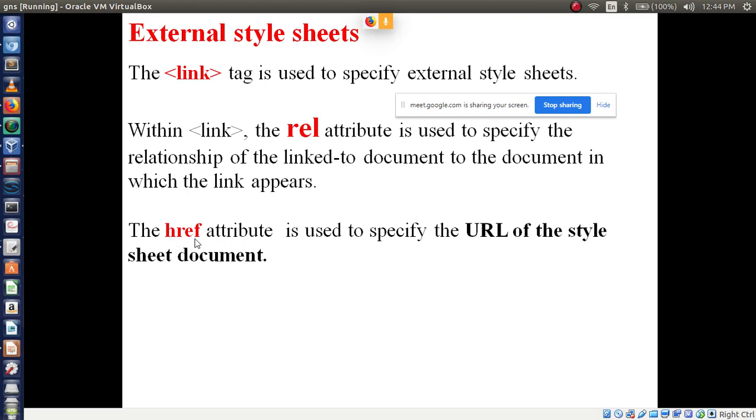Can anyone tell me? Somewhere you have used this href attribute, right? Don't know? Do you remember link tag? Link tag.